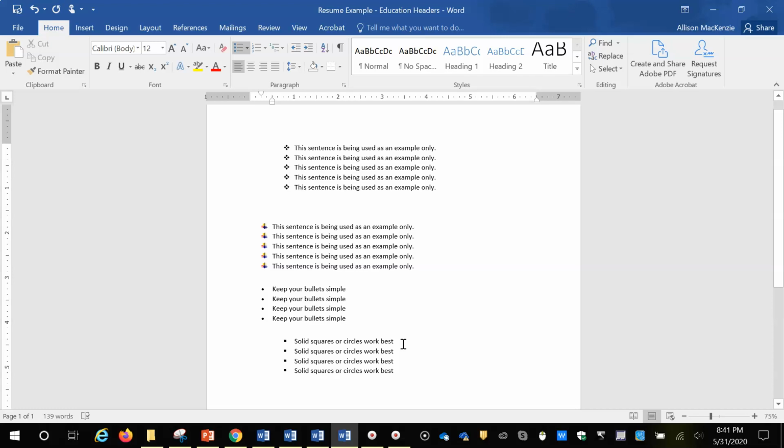Now, maybe more important than the type of bullet you use is that you are consistent with those types of bullets that you use, as well as how you lay them out. So these are all over the map. Yes, they're different types, but they're also lined up in different formats. To change the lineup or the